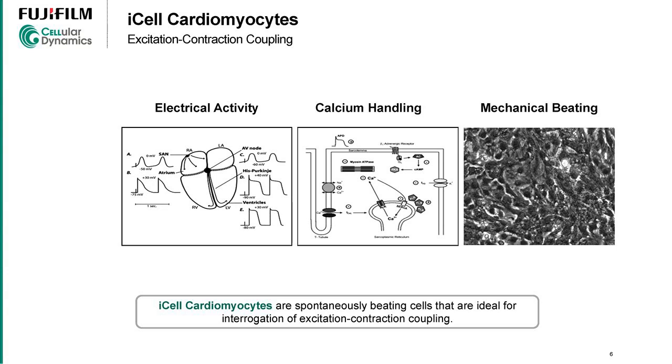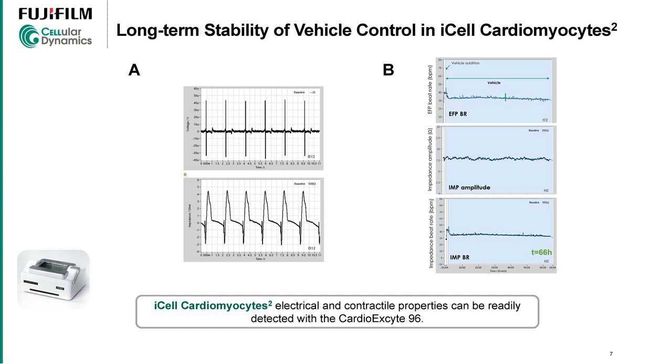So the iCell cardiomyocytes are really our flagship product. These cells have intact excitation-contraction coupling, and that ranges from electrical changes at the membrane being translated to intracellular calcium handling changes. And this includes calcium-induced calcium release. Then that calcium interacting with the myofilament, resulting in contraction, as displayed here as mechanical beating. These contractile properties can be picked up on this Nanion